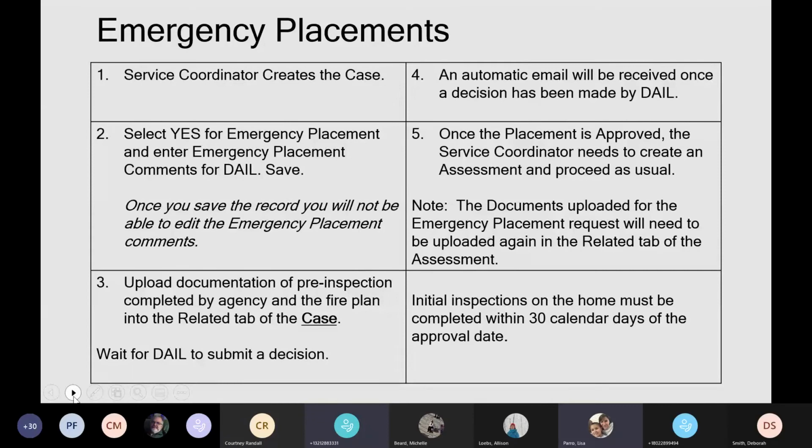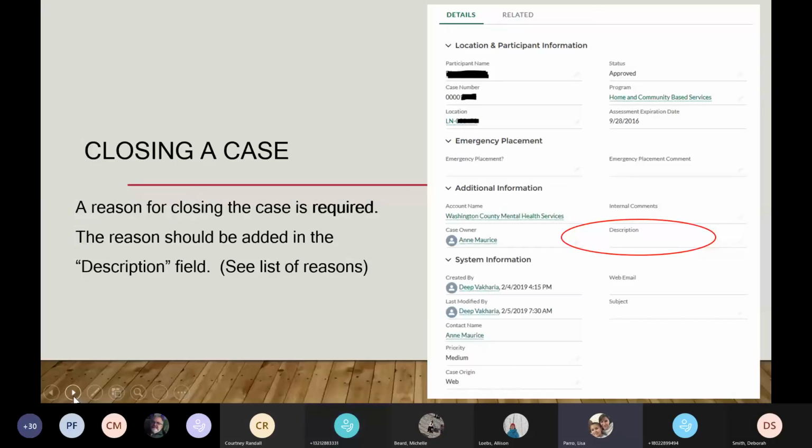Is that with emergency placements? Okay, closing a case. If a case is being closed, it's required that something be put in the description field as far as why the case is being closed. This really helps further down the road,